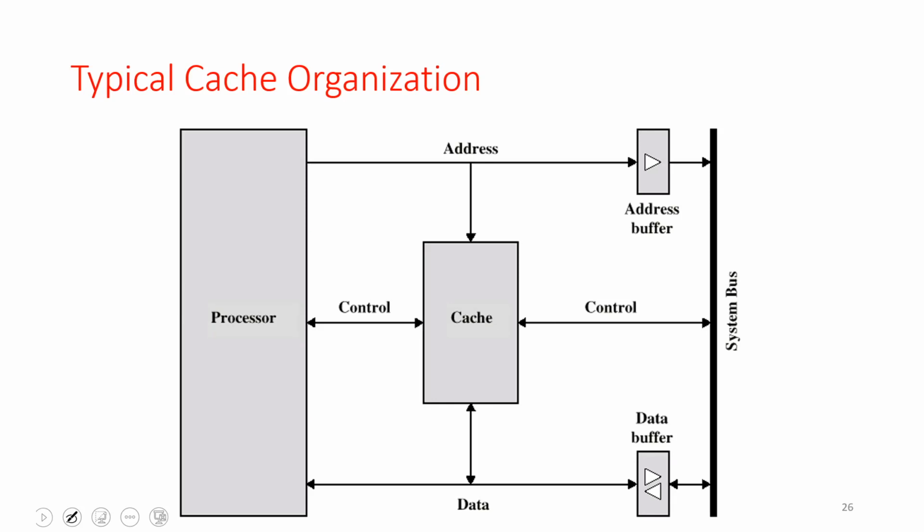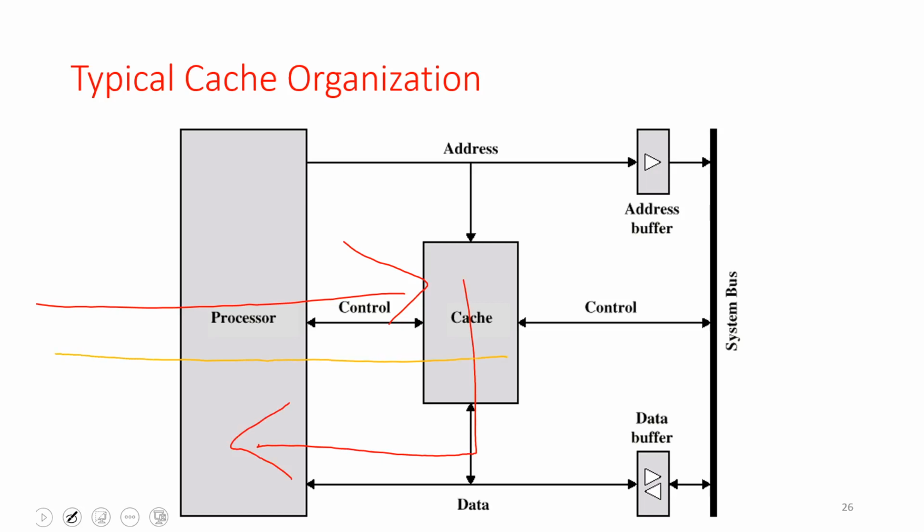So in terms of a request coming from the CPU, what will happen is the request will come from the CPU or the processor to the cache, and it will check if the data is available. If the data is available in the cache, it will be fed back directly as a cache hit to the CPU. But if it is not available in the cache, the request will be passed on through the system bus to the main memory, and the main memory will transfer that data back to the CPU.